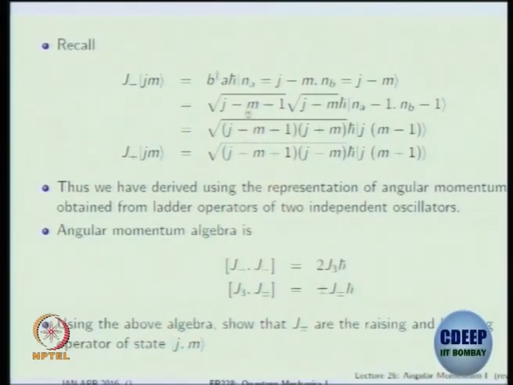But can we derive these two by just looking only at this algebra, without giving a representation or dress in this fashion? By dress or representation, I mean we wrote J minus in terms of the ladder operators of the harmonic oscillator. Now we don't give anything, but we just look at this algebra alone, and can you fix that? You get J minus is this, and J plus raises it by 1 unit with this explicit coefficient. I leave it to you to try it out yourself, and we will discuss